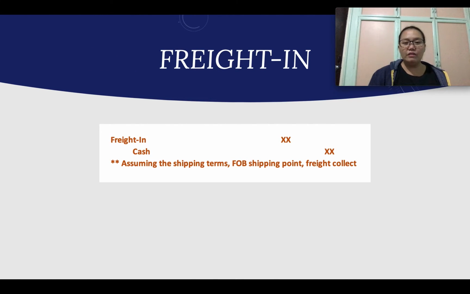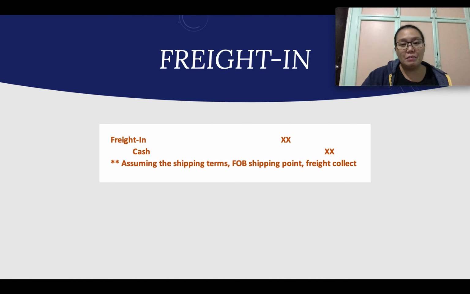So to record the freight in, our entry is to debit freight in and to credit cash. This is with the assumption that the shipping terms is FOB shipping point, freight collect. Right? So we will discuss later on what the entry will be if the shipping terms is FOB shipping point,